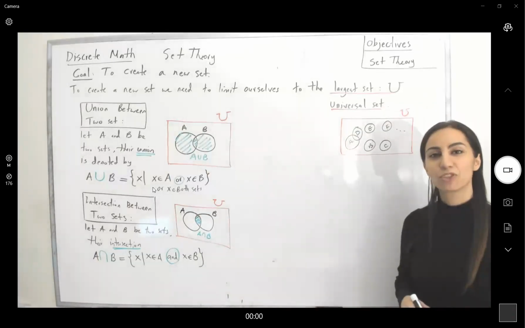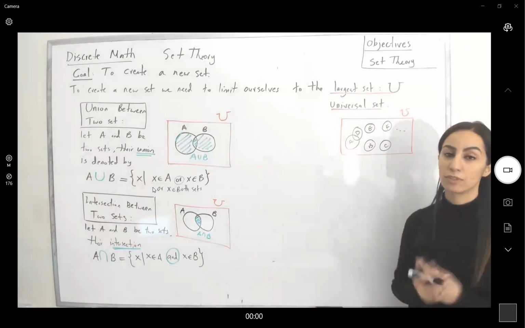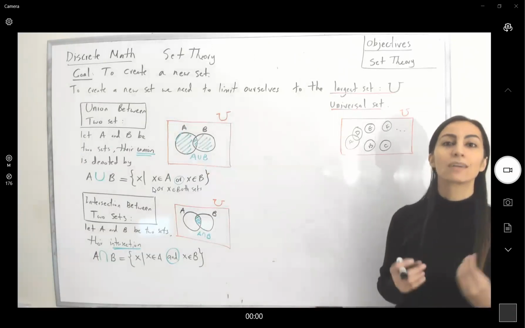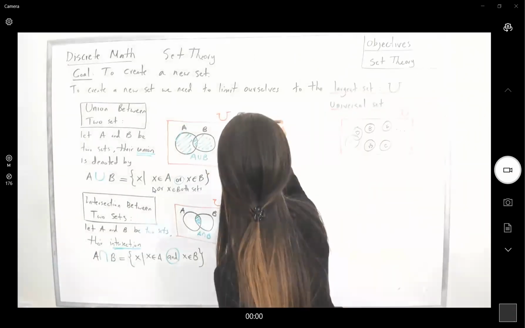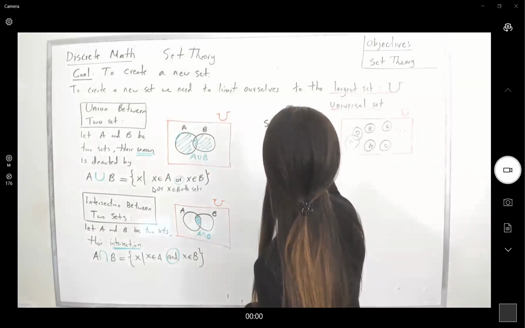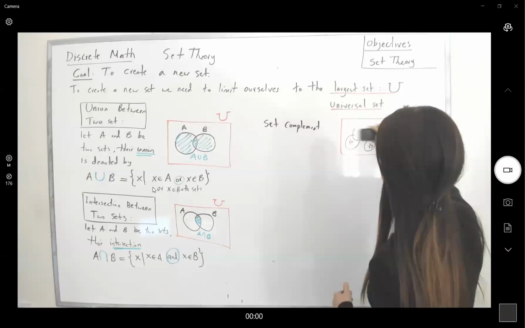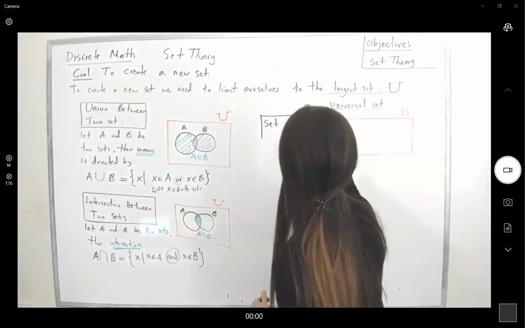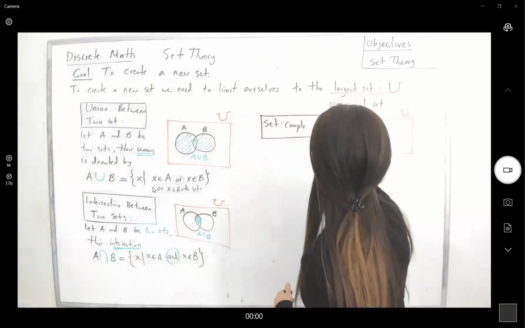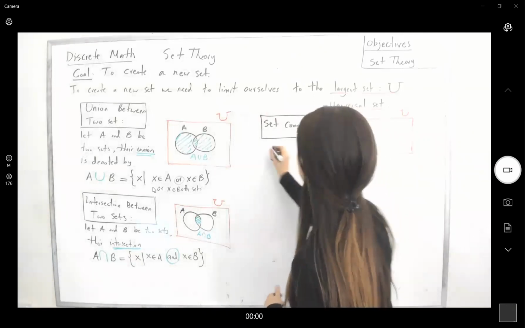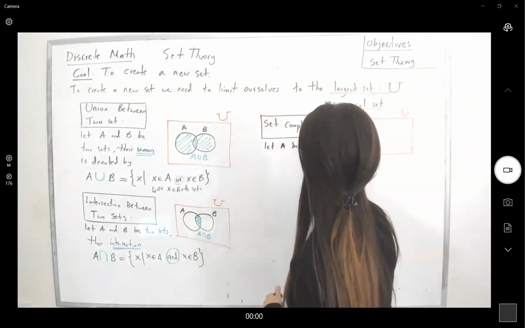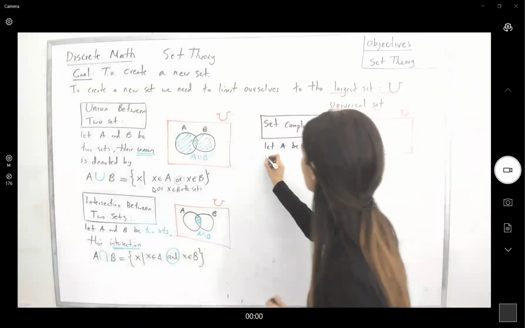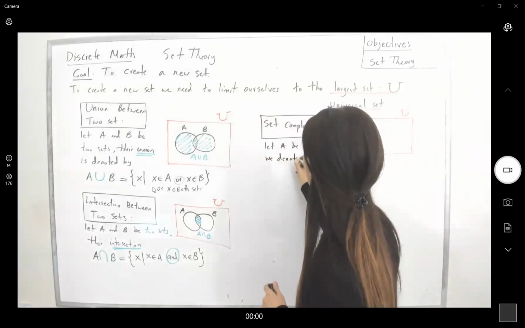Next, we're talking about the difference between two sets. Before talking about the difference between two sets, let's talk about a set complement. Set complements. So let A be a set. Its complement is defined this way. First of all, we denote the complement